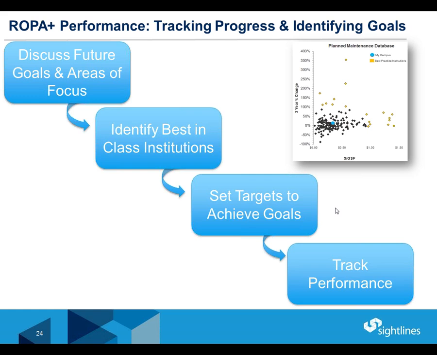So that's the first thing. What are the areas you want to focus on, and what are some of the potential goals? We'll provide data identifying best-in-class institutions depending on the particular metric you want to look at. We'll work with you on setting targets to achieve those goals, and then we'll be tracking performance. We'll be tracking performance in our final presentations, but I'll also talk about how we're integrating some of that into the new member portal that we'll be releasing soon. So to go into an example,